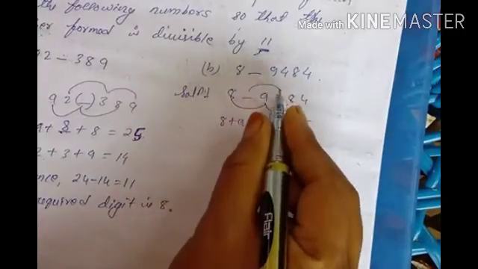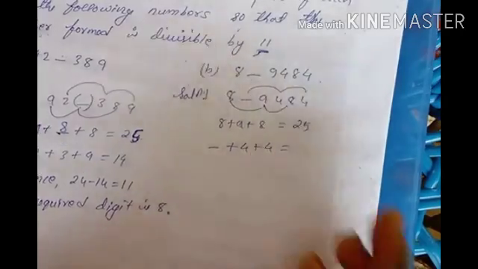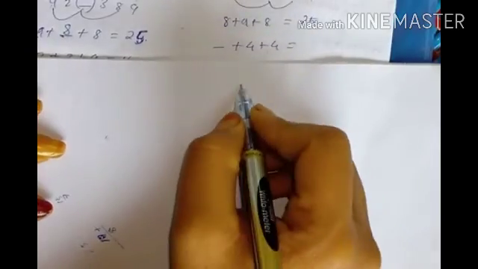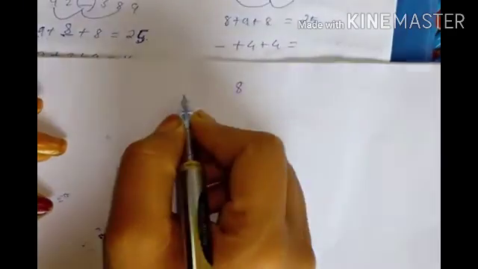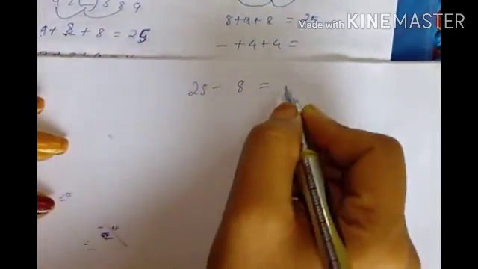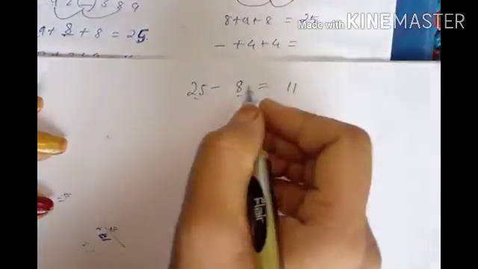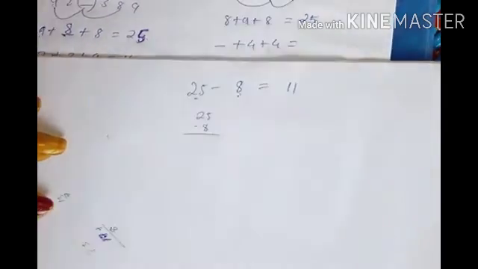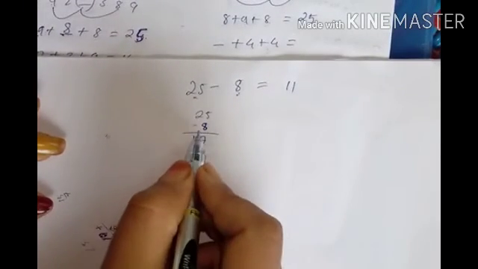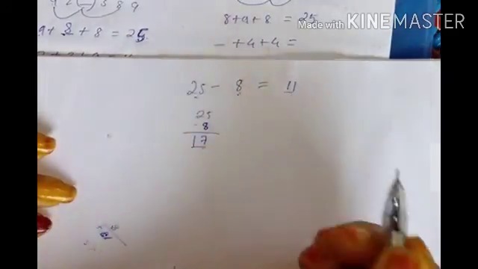Now next, the blank, 4, 4. Now the blank, then 4 plus 4. Now 4 plus 4 is how much? 8. So if this is 0, suppose this is 0, then how will it be? The difference will be 25 minus 8, and to be divisible by 11, this difference should be equal to how much? 11. But if we see here, 25 minus 8, how much do you get? 17, isn't it? Now this is 17, and here it should be 11.